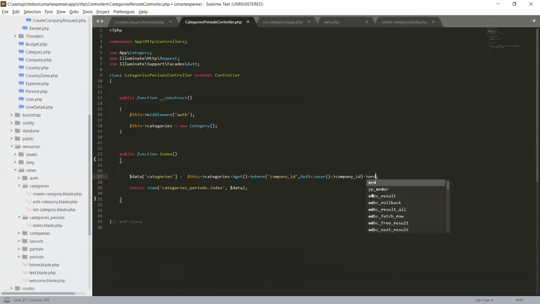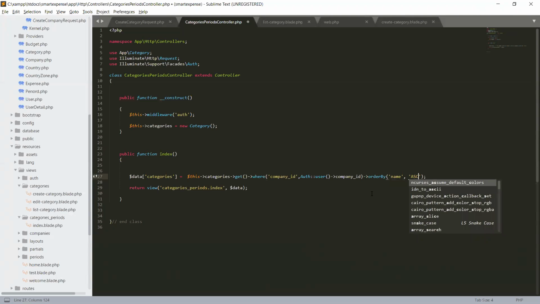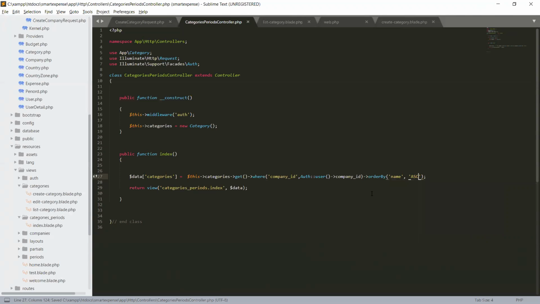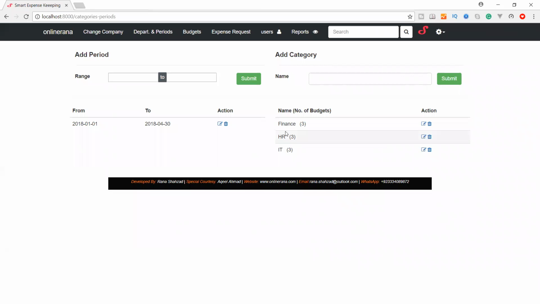So order by name, in an ascending way. Right now it is Finance, HR, and IT.